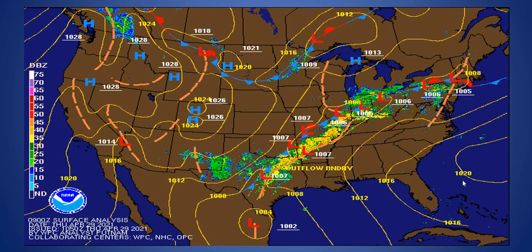We'll look at our current surface analysis. You can see that front off to our west that will be moving closer to the Wallops region later today. And as a result, we'll see a few scattered showers possible by this evening into the overnight hours. We'll see also a slight chance of an embedded thunderstorm as we go into the evening hours, as we get